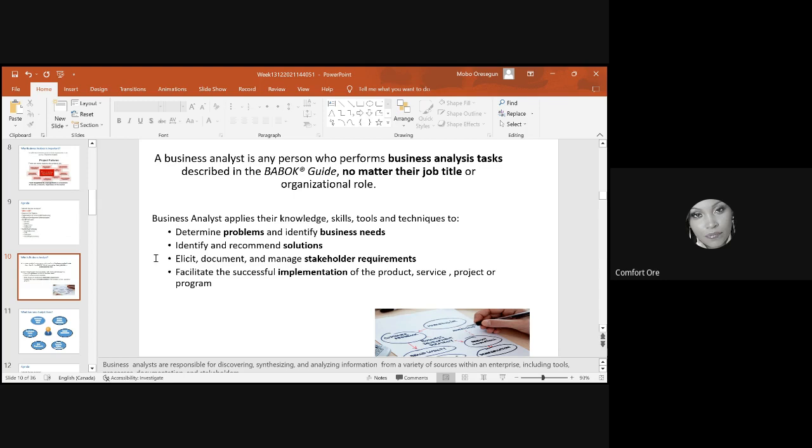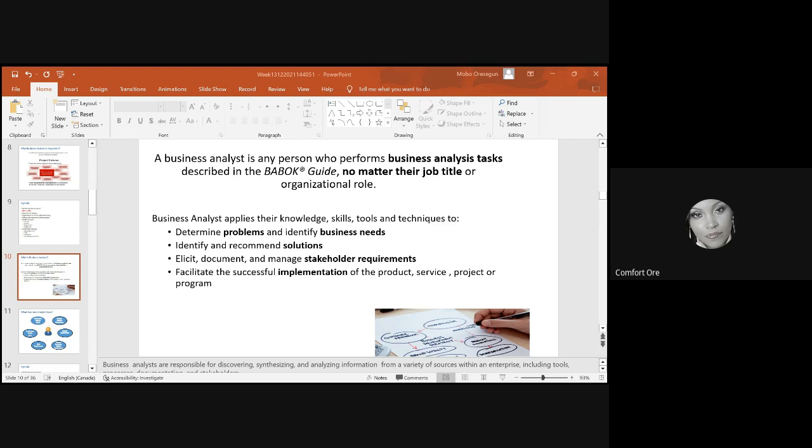But I want to say that no matter the job role, I think, let's see. I have the BABOK, so I'm going to be referring to the BABOK, but I don't have the second screen to share with you guys. All right, so